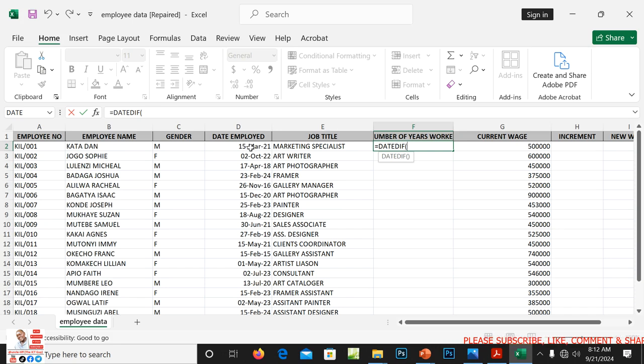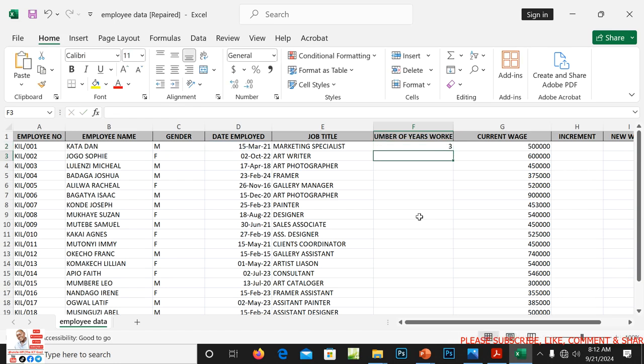So I'll just click this first cell, D2, comma. We want to subtract the current date from the date that Dan started working with this organization. So I'll say D2, comma, TODAY, open brackets, close brackets, comma, open quotes, Y, standing for years, close quotes, then close brackets, and enter.